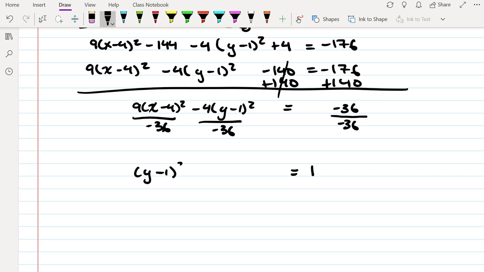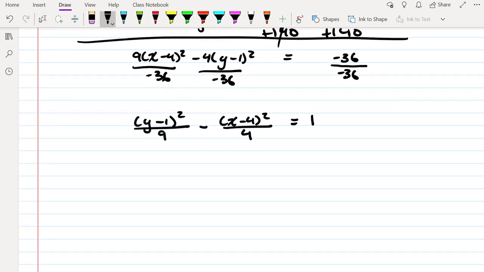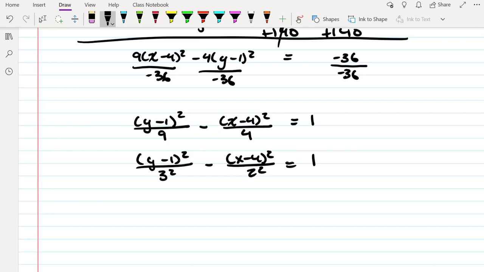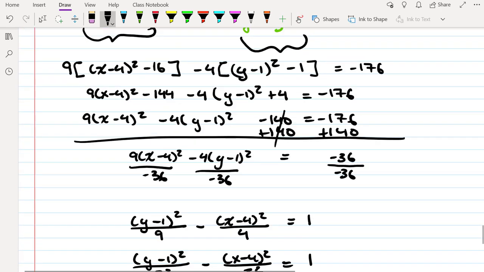So (y minus 1) squared over 9 minus, because a positive divided by a negative is a negative, and 9 goes into 36 4 times, (x minus 4) squared over 4 is equal to 1. So finally we get (y minus 1) squared over 3 squared minus (x minus 4) squared over 2 squared is equal to 1. And we identify that this is a hyperbola,